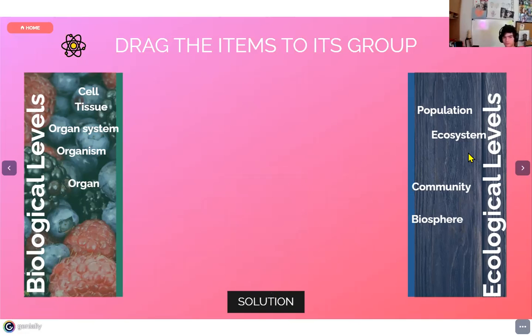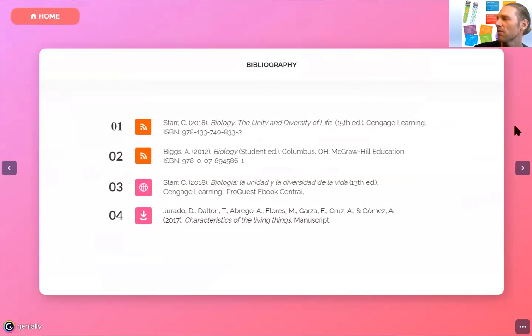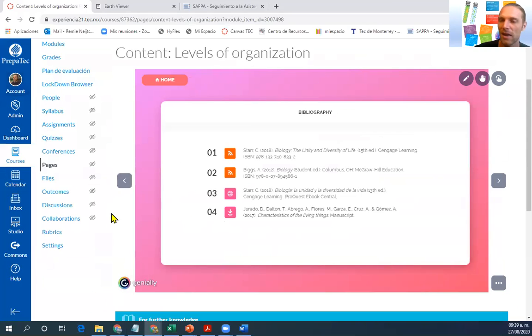Okay, that's it. That's all about the levels of organization. In fact, you see, it's very short and you already get a little quiz about it tomorrow. So if you did this right, you don't have to study a lot about it. Just make sure that you get an idea, okay?